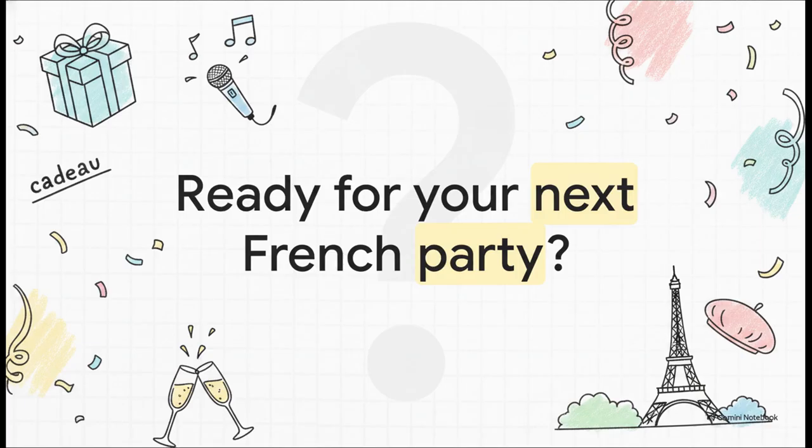So, here's my challenge for you. How are you going to combine your new vocabulary and these elision rules for your next French party, or your upcoming TCF speaking test? Can you mentally construct a sentence right now about bringing a cadeau while someone is singing trop fort? Seriously, try practicing those combinations in your head.